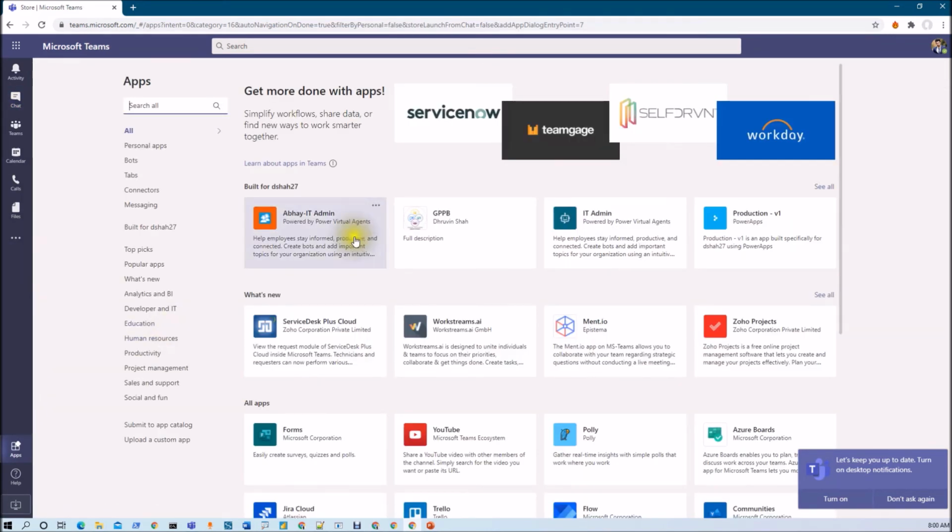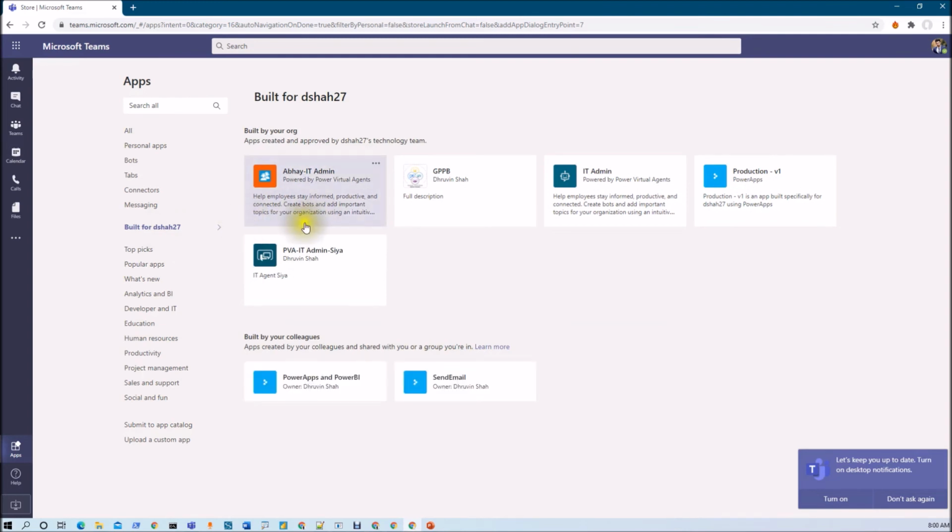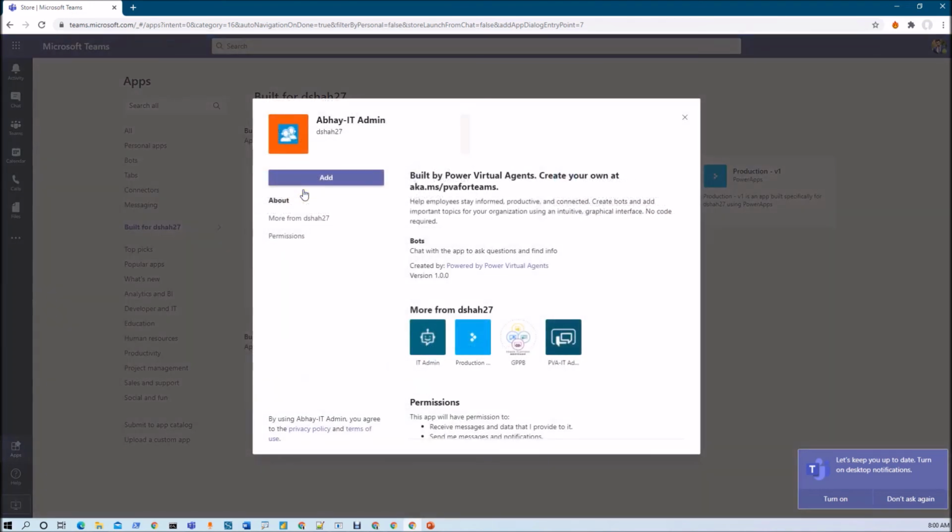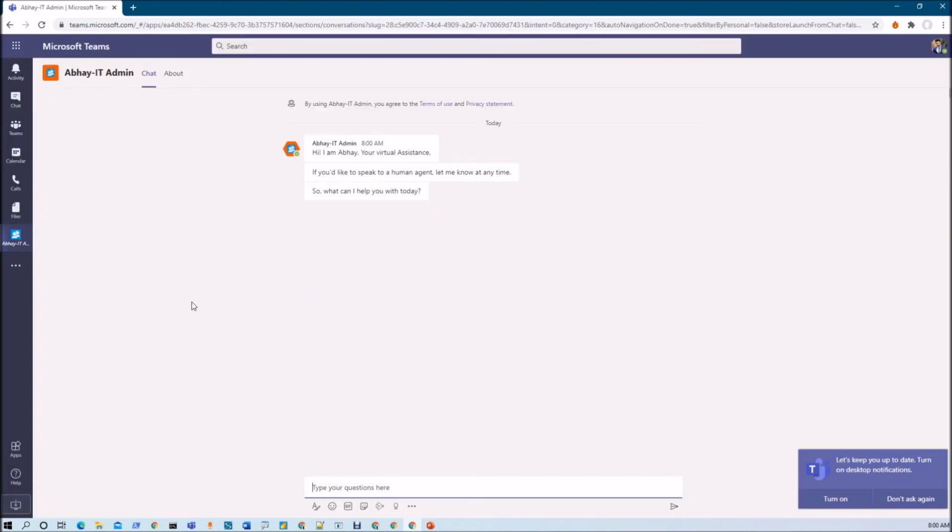Once he clicks on more apps, he will be able to see that application in the Built for DSHA-27 section. Whenever he clicks here, he will be able to see that app over here. He can simply click on that and add that application to his Teams account. Right, so now this app is applicable across the organization.